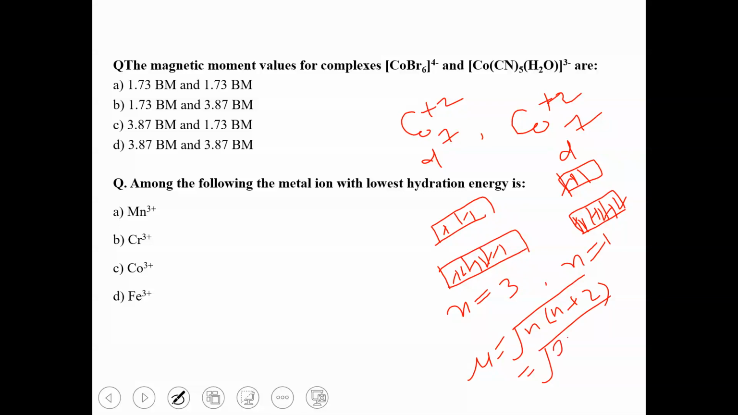It will be square root of 15. Just calculate it. It will be around 3.87, right? And what about the second one? It will be square root of 3, that is 1.73. So this will be the right answer. Okay,